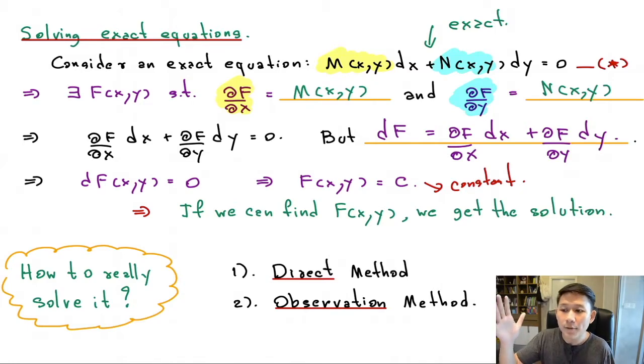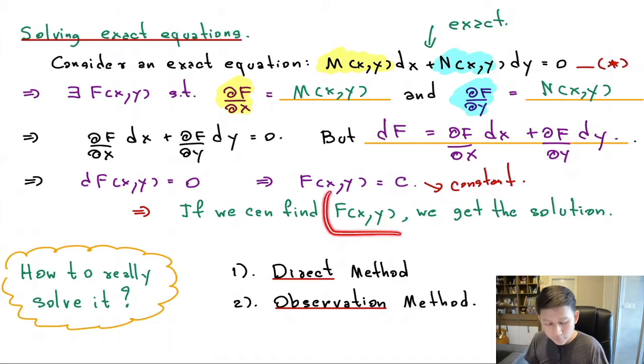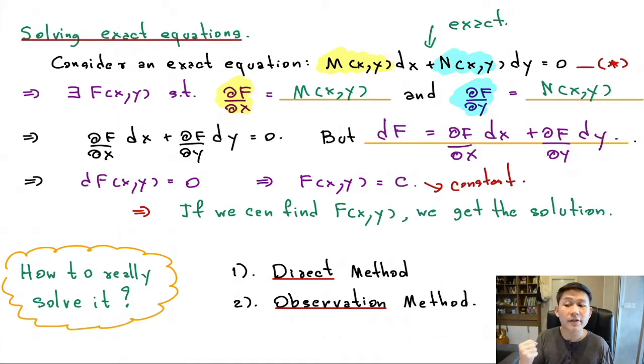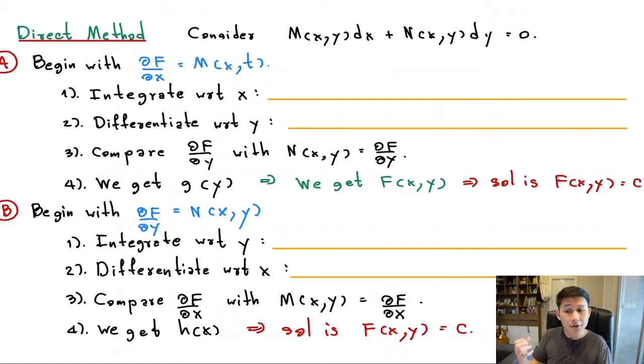But how can we find f? We have two approaches. The first one is the direct method, and the other one is called the observation method. So I'm going to look at the direct method first. To find the function f with the direct method, let's begin by considering this function,